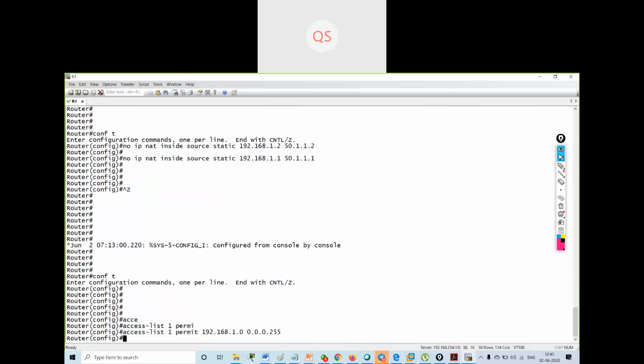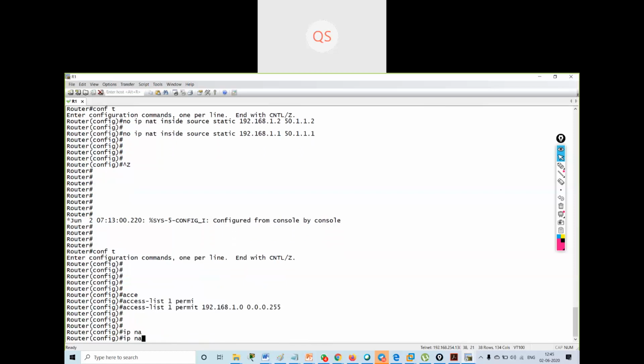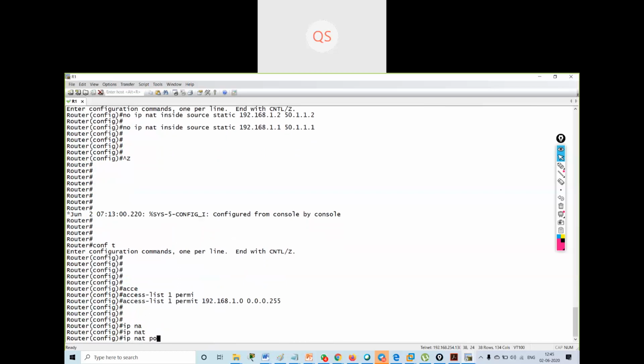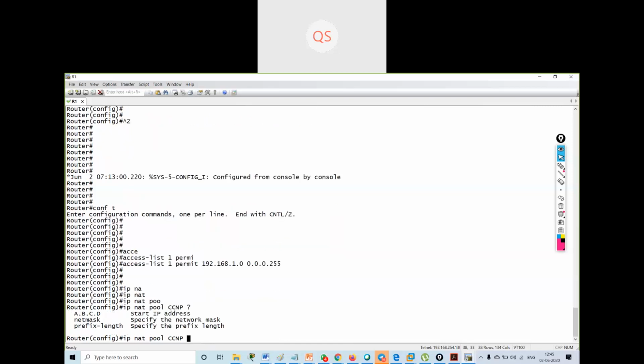Then I will say IP NAT pool. The name of the pool is CCNP. Then what is it asking?